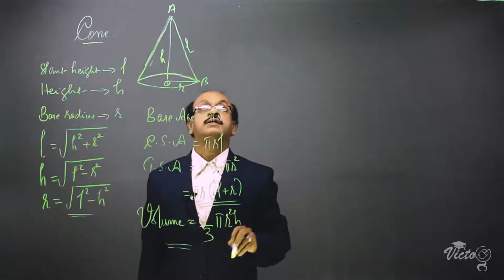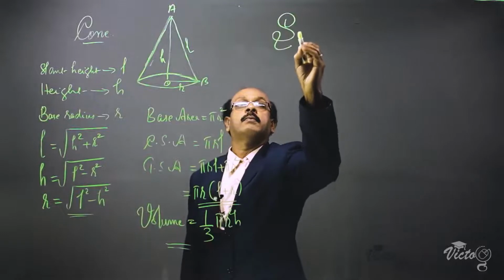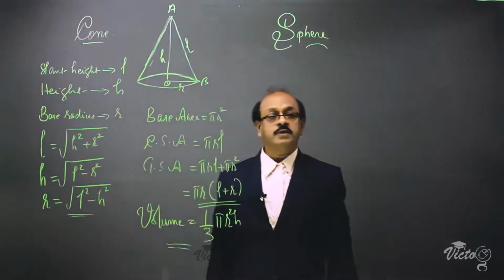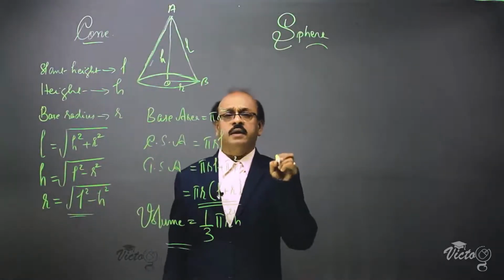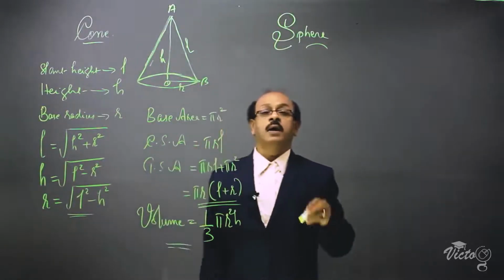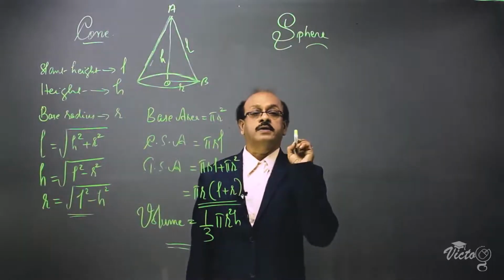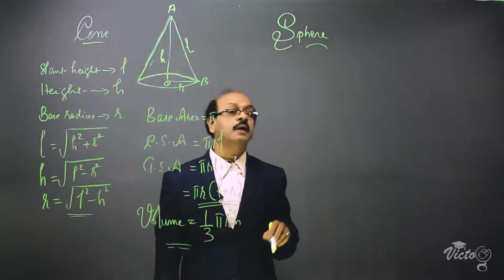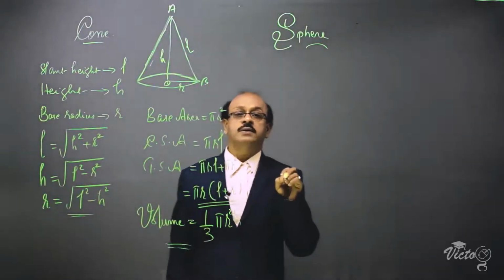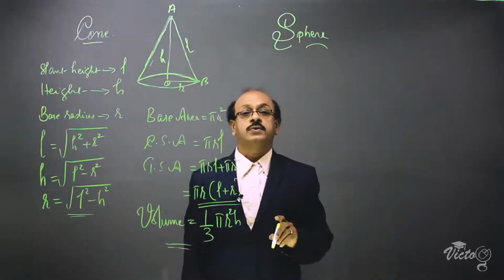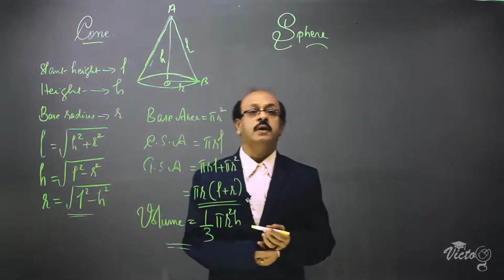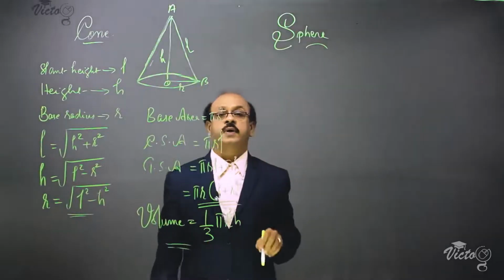Now, next is sphere. There is a speciality for a sphere. If we take any solid other than a sphere, there will be more than one face. But a sphere has one and only one face. That is the peculiarity of a sphere. So, it has only one area, that is surface area. There is no CSA and TSA for a sphere, and the area of a sphere is called surface area.